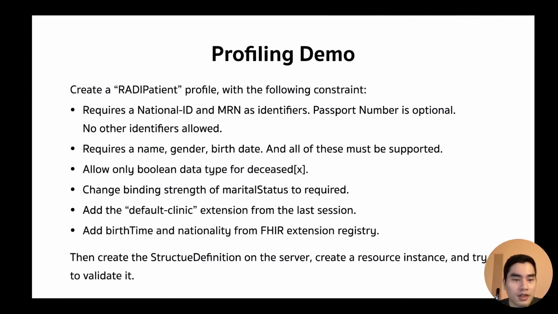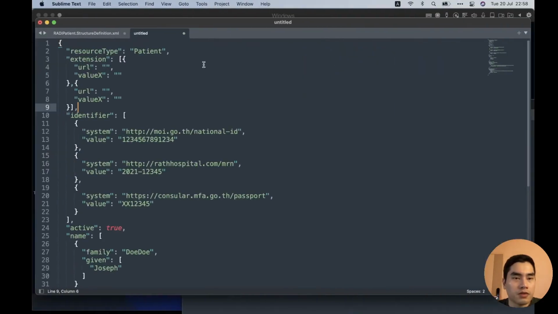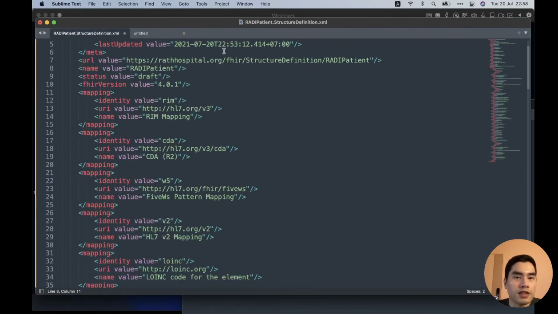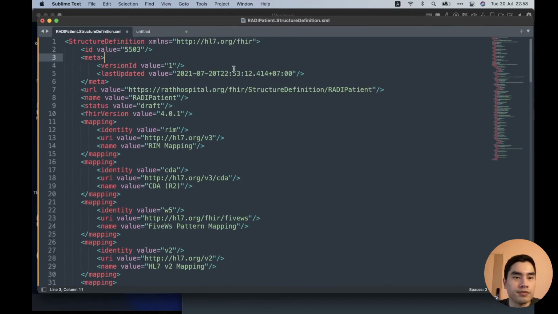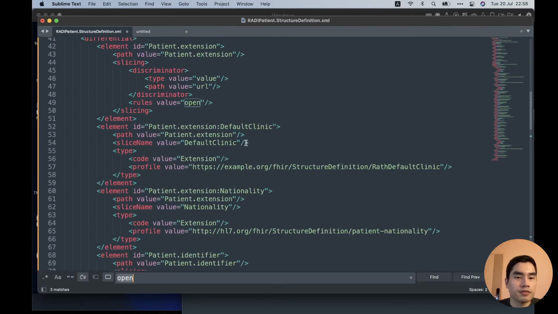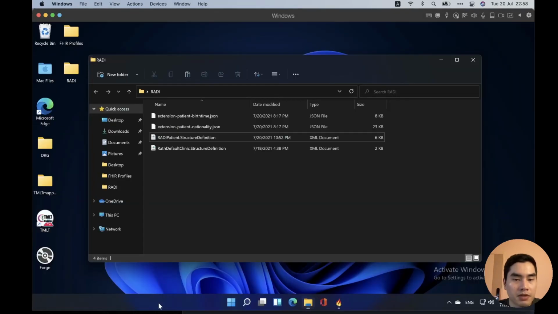So the first one is nationality and default clinic. Okay, so default clinic. This one. So the profile is here. This one is the extension. I don't remember the structure of that default clinic.